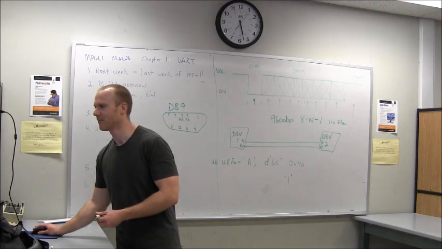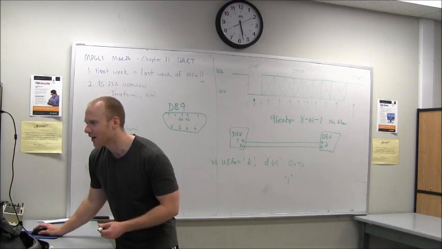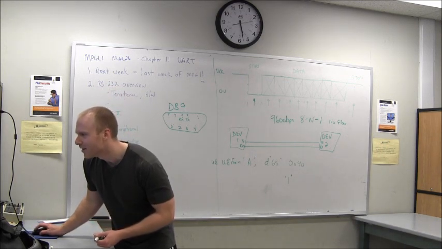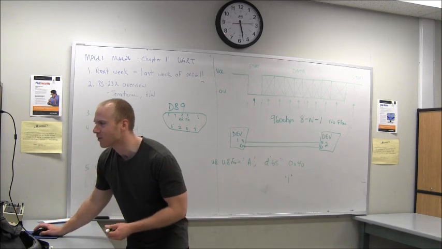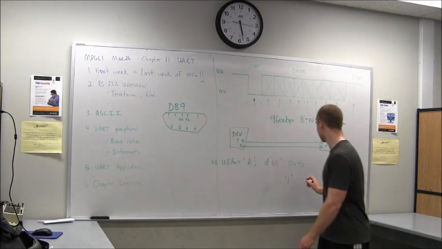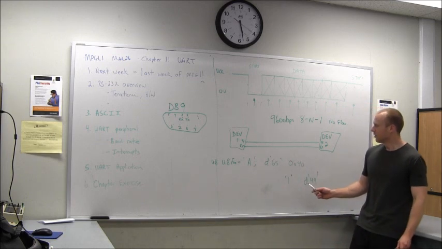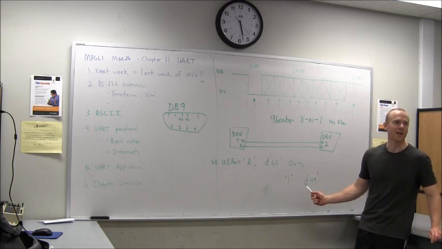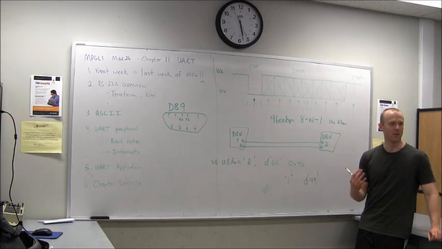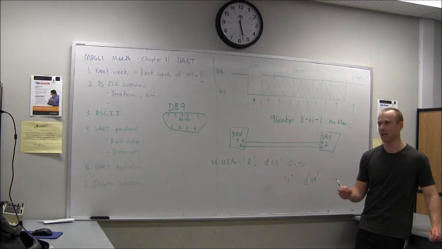Sorry. So ASCII 1 is decimal 49. So when you receive 49, assuming you know that you're talking ASCII, you need to convert that or display it as